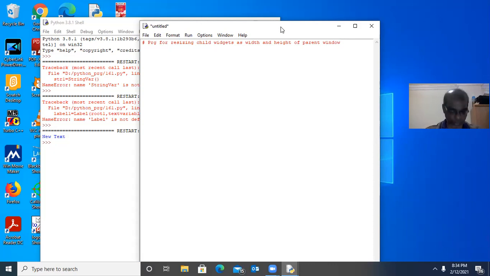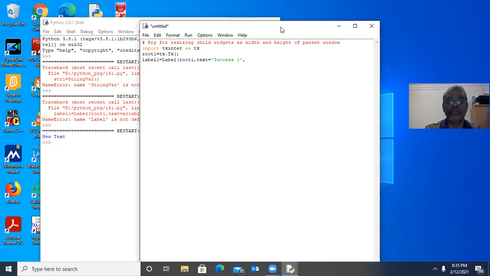How can we see it now? As usual, we have to import tkinter as tk. Then we have to create one root window, tk.Tk, that is the top level window we created. Here I want to create two labels as well as two buttons. Label 1 equal to Label, root 1, comma, text. We are assigning text directly since we are not using any get and set. If you are using get and set, you should go for text variable. So here I must use success 1.